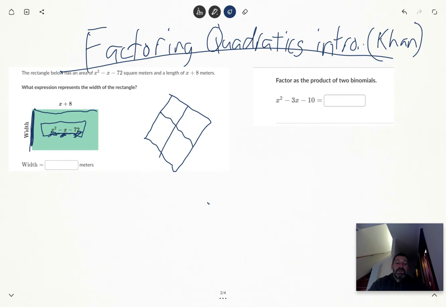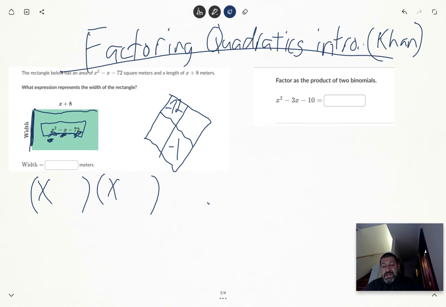Okay, so that means I put the last number on top, the -72, and then the coefficient of the middle number, which would be -1, on the bottom. So what I'm looking for is how I can factor that x squared minus x into a product of two binomials. Okay, so if I were to use FOIL, the first two values would have to be x